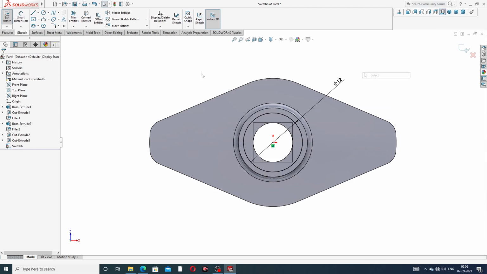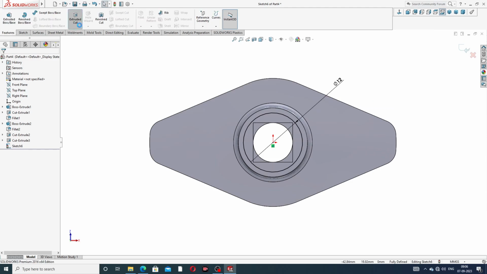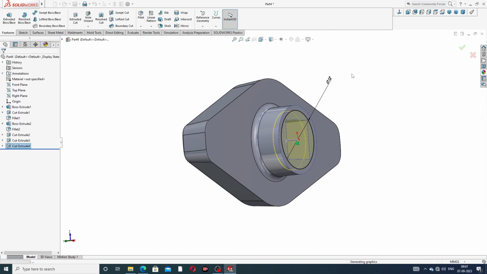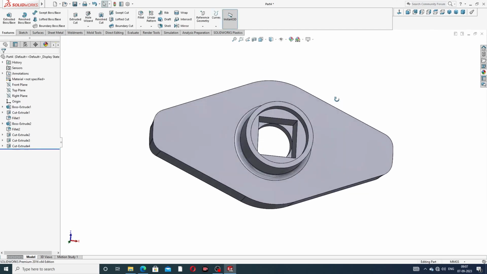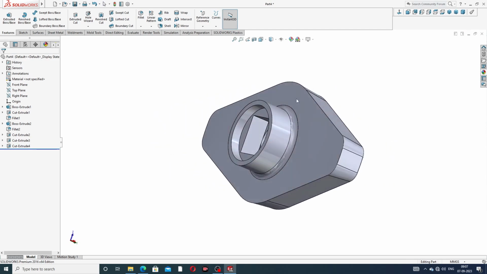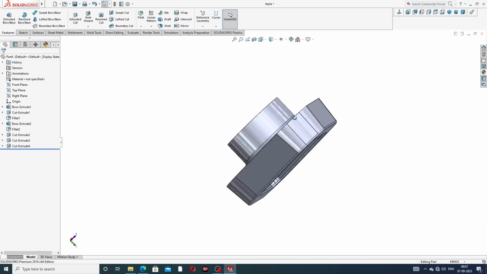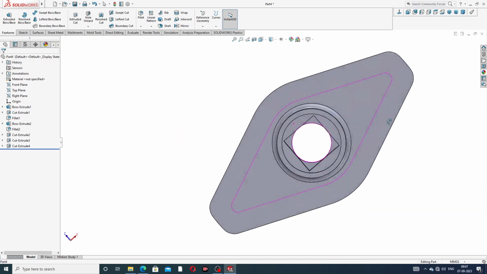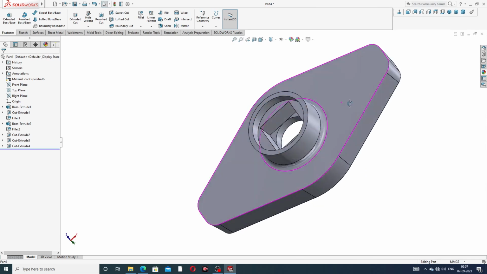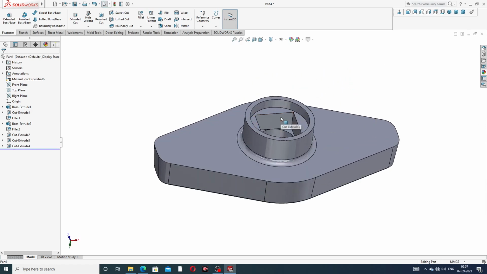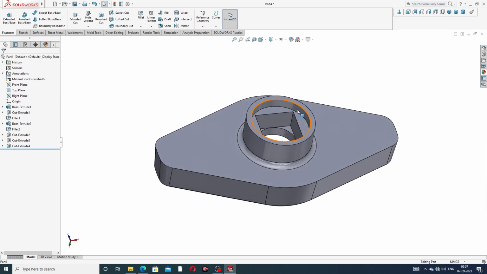Okay, and going to extrude cut, 2 millimeter. Click OK. Okay, this is perfect looking here, but this dimension is not mentioned here, and this is perfect. Okay,